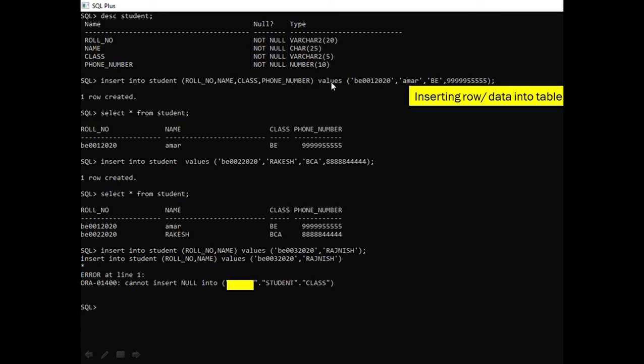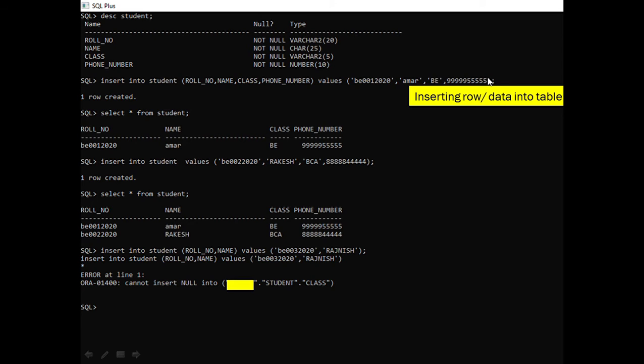Then values. After values, you enter the value for each column. Here B0012020 is the value for roll number, Amar is the value for name, B is the value for class, and 99555555 is the value for phone number. So by this statement you can insert a row into a table.